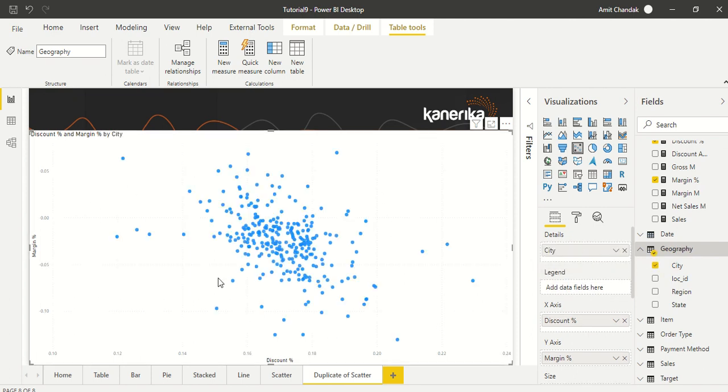So now this is the distribution of each city. You can see that there are areas which have high margin and low discounts, and there are areas where we have high discounts but still have low margin. We would like to draw some kind of a line out here and then see what our four quadrants are. So what we can do for this is go to the analytics tab, and